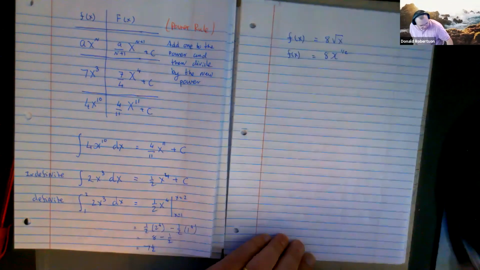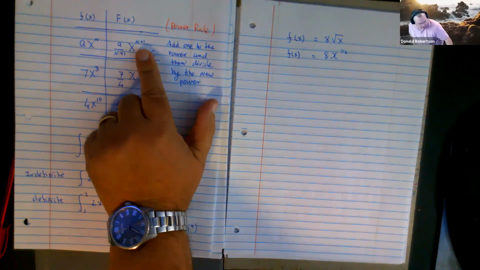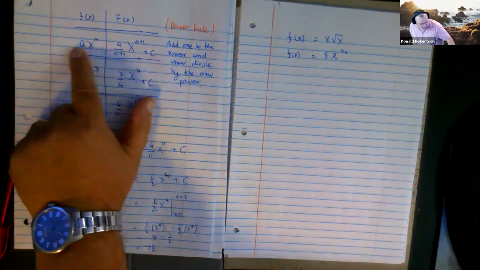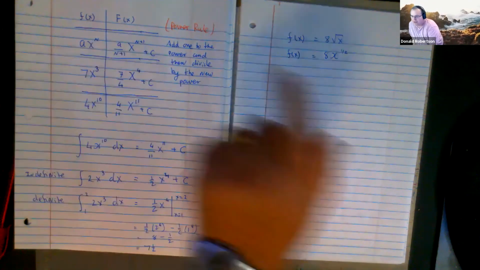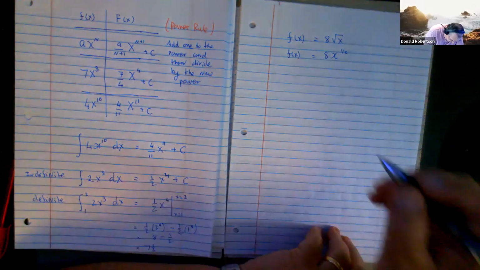Now, you might think, but isn't that power rule only for x cubed and x squared? No. Nowhere in that description did I say n has to be a nice number. Agreed? n can be any number. Well, with one very minor exception. It can be any number you like. So now I can do its antiderivative,